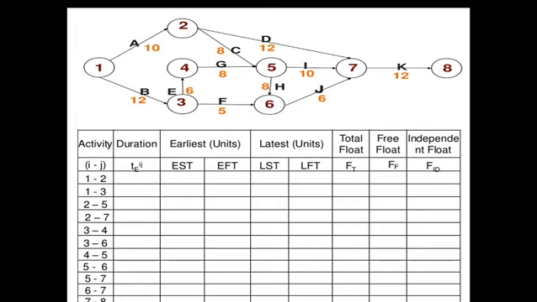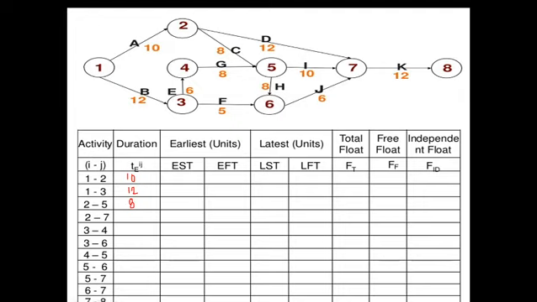First of all, we will fill in the activity durations. For activity 1 to 2, how much is our duration? It is 10, so fill 10 over here. For 1 to 3, we have 12. 2 to 5 is 8 days. This is nothing but duration. Here they have not mentioned whether it is days or weeks, so we can generally say days, or we can say units. 2 to 7 is 12.